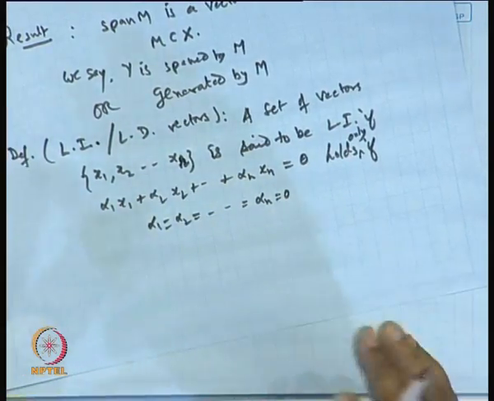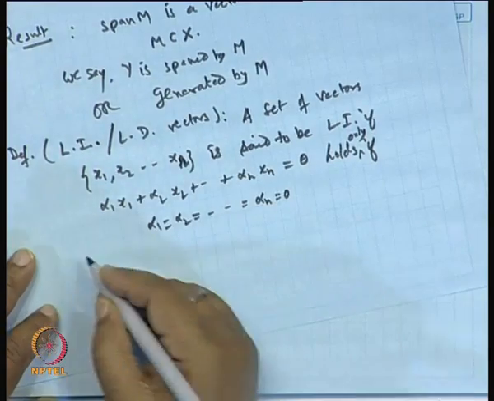Then we say x 1, x 2, x n are linearly independent vectors, otherwise